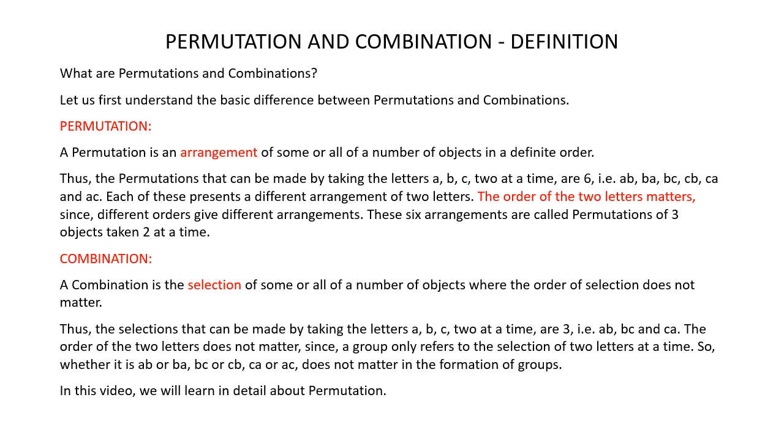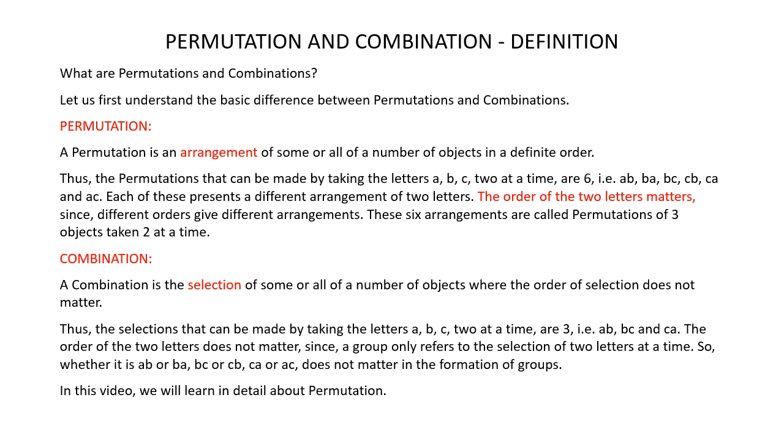So clearly, these two arrangements are different and the order of the two letters matters in permutation. Now, these six arrangements are called permutation of three objects taken two at a time. So permutation means arrangement, and in permutation the order of the